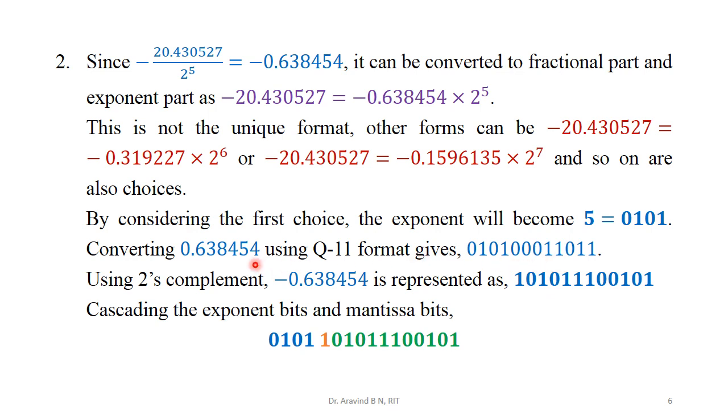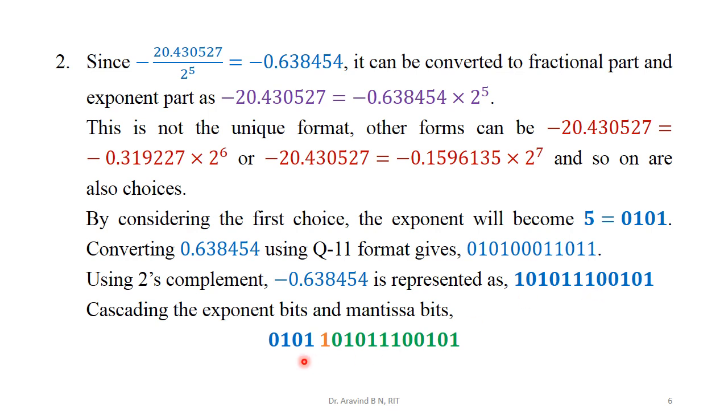Anyhow, this calculation you need to show in the previous problem as well as in this case. How you are going to convert that into the Q11 format, you need to show the complete procedure. That procedure has been discussed in the previous lecture. You can just go through that. So now we have obtained this realization. Since this is a negative number, we need to apply 2's complement so that we can get the equivalent negative mantissa representation. After applying the 2's complement, here we have the actual value.